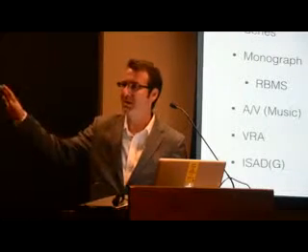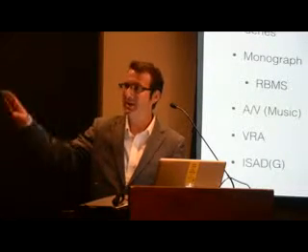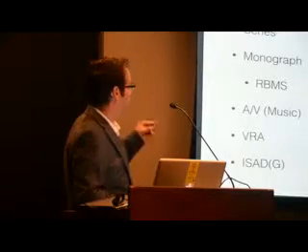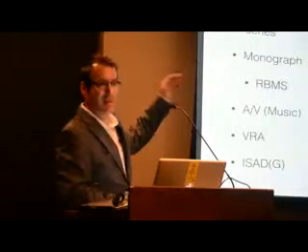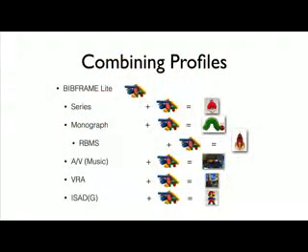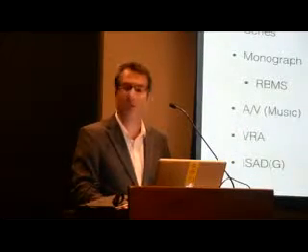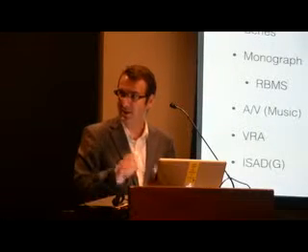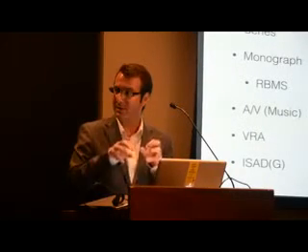This is only one example, and you can't draw any conclusion from this. But the notion of being able to take a set of Legos that represent a BibFrame Lite, a core vocabulary that supports those patterns, layer them with a set of vocabularies that support the description of monographs, and layer the set of vocabularies that support rare books and manuscripts, and have that cascade very nicely, was a very powerful one for us. And it allowed us a great degree of flexibility and adaptation and customization, working with the data providers